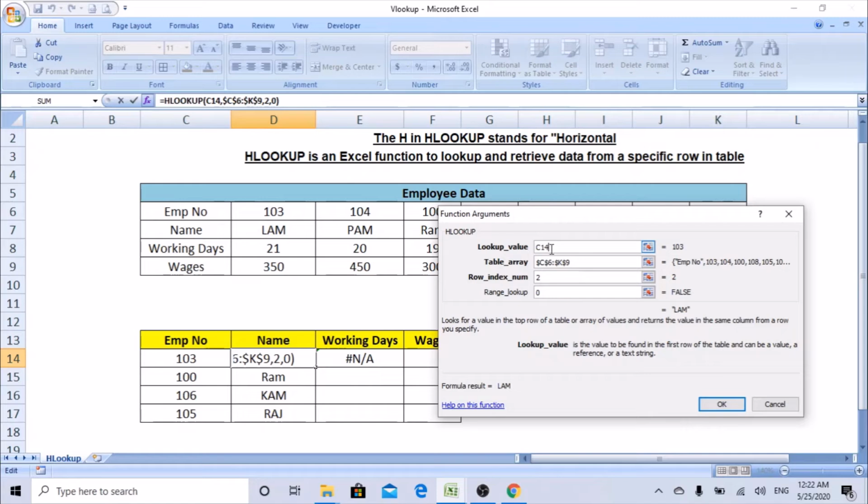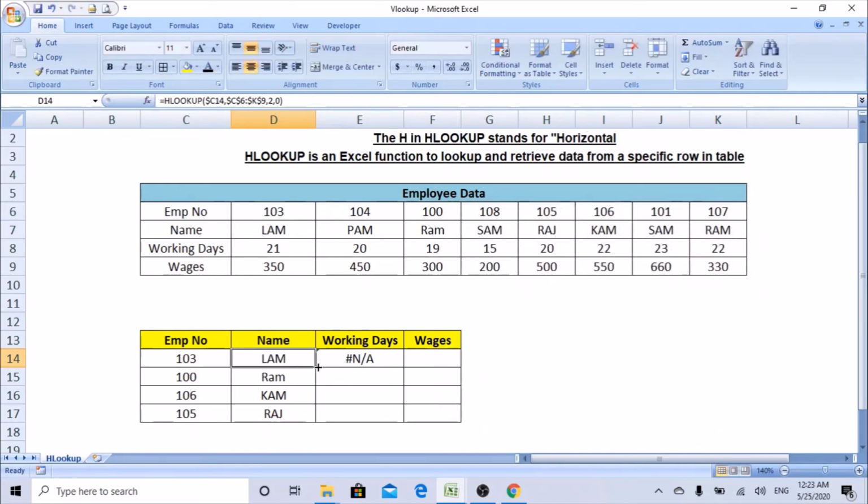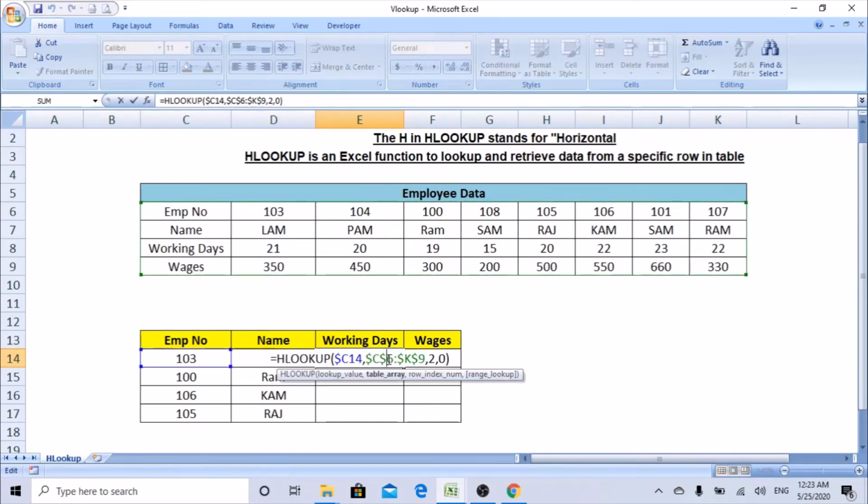I don't want to lock the number because I'm copying this formula down, so it goes from 14 to 15, 15 to 16. I just want to lock this column C because the employee number is in column C. So let's go ahead and lock this C by using a dollar sign on the left-hand side. Now we are only freezing the C column. Now hit OK, drag this formula down. Now copy this formula to the right. See, now it is not changing, the column is fixed. The only thing we need to change is the row number.